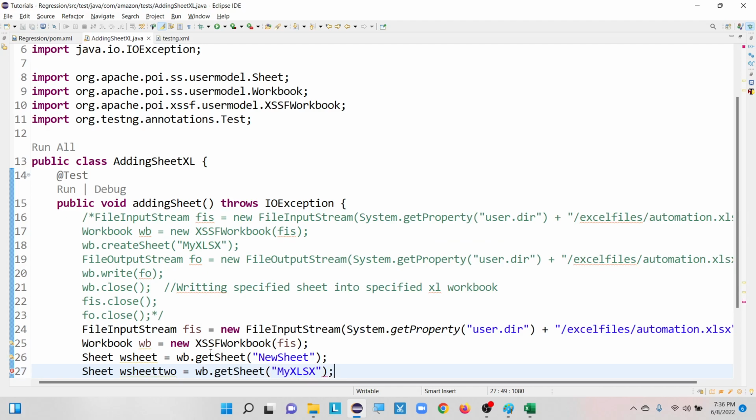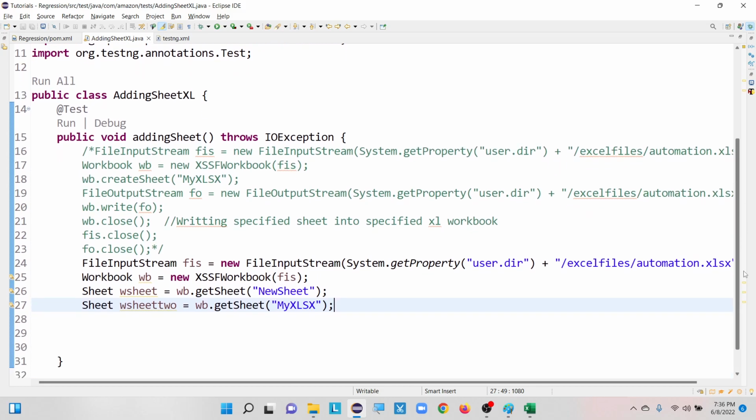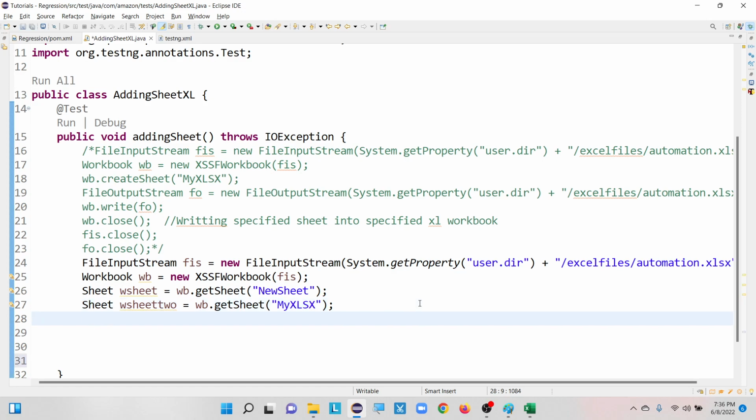Now we have the sheet names. Once the sheet names are obtained, I am going to count the number of rows available. For that, what is the data type? Integer data type, int rowCount. int rowCount equals, so I'm going to first count the number of rows for the first sheet, that is ws sheet dot get last row number,